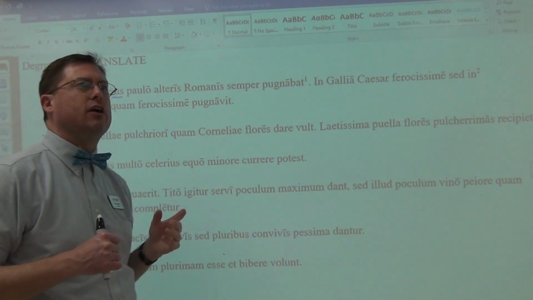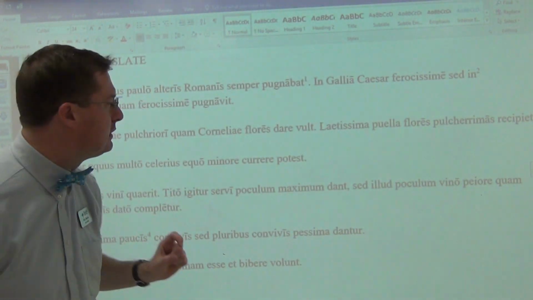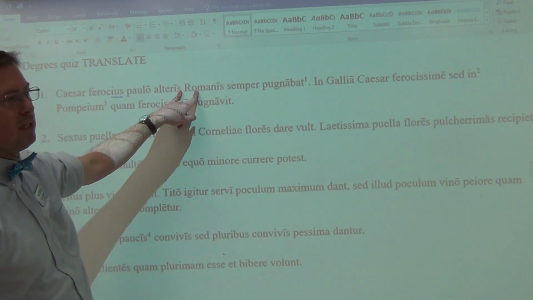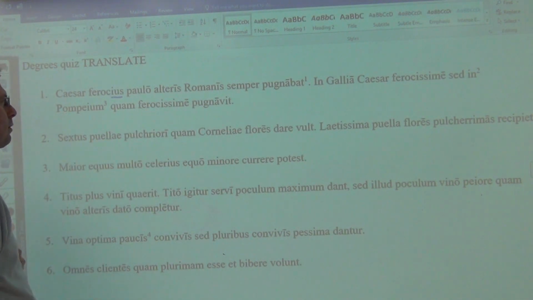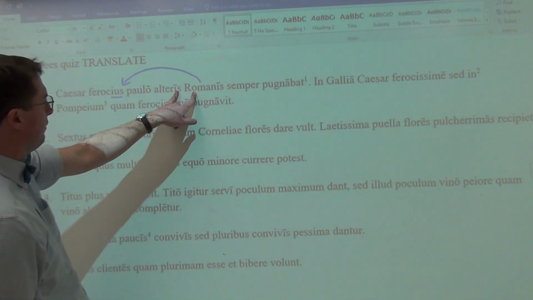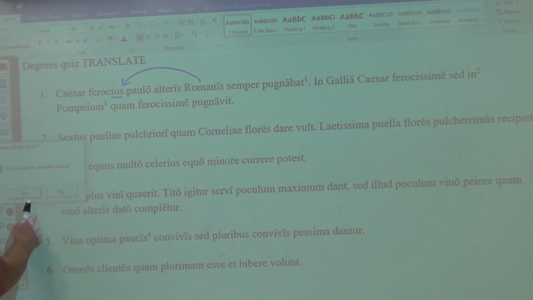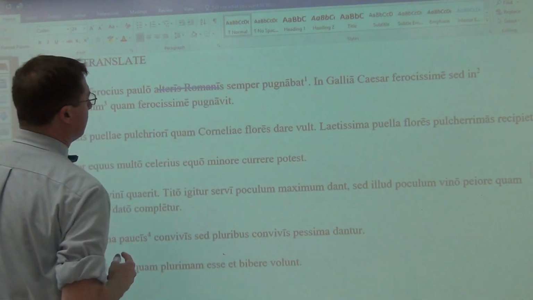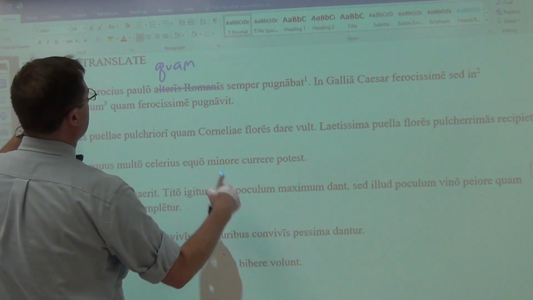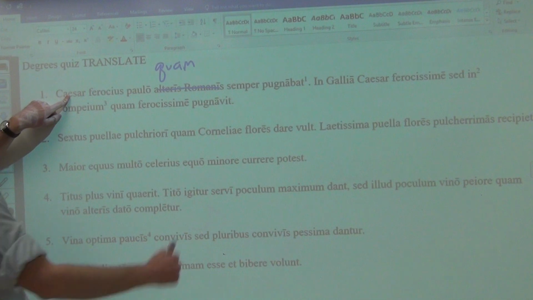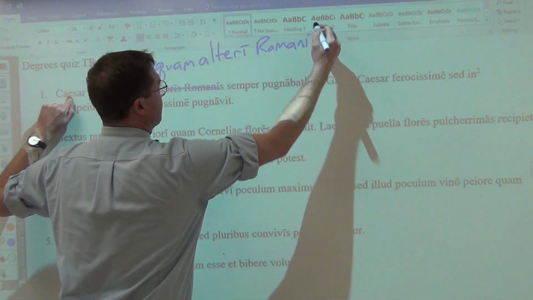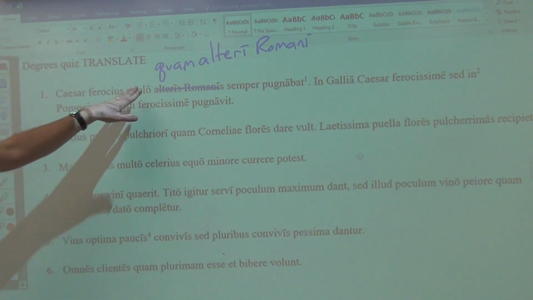Paulo. This is your ablative of degree of difference, by a little bit, is what we would say, than other Romans. Now we all know that the way you translate ablatives are by, with, because of, from, in, on, at, than, but we know that it is than because it is the ablative hanging around the ferocius. So this is your ablative of comparison, that is your ablative of degree of difference. Now, what you could do is you could obviously, instead of aliis Romanis, you could show comparison using quam, but that would mean that you would have to put other Romans in the same case as Caesar, and that would of course be alii Romani in the nominative,